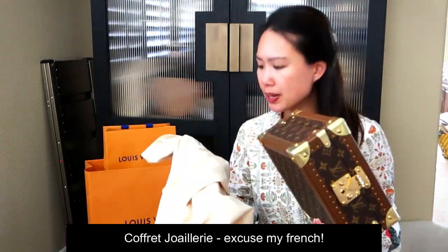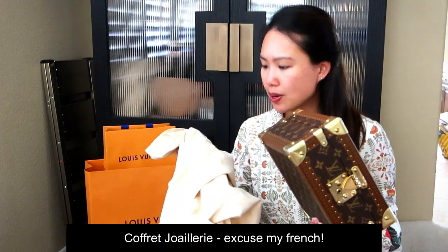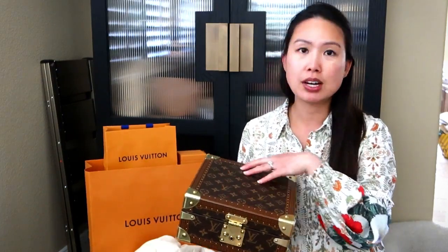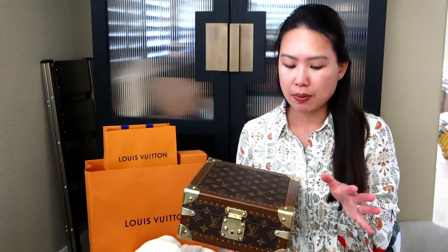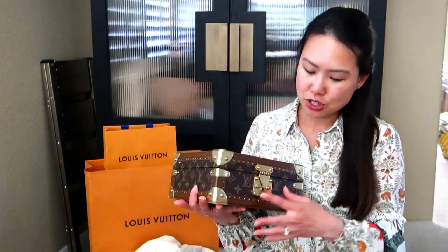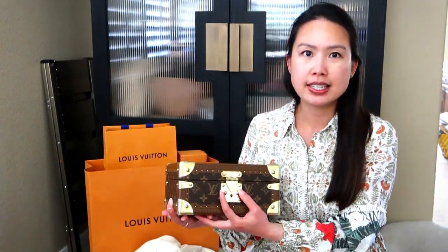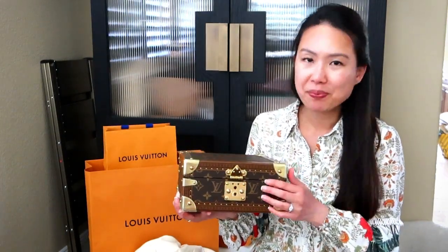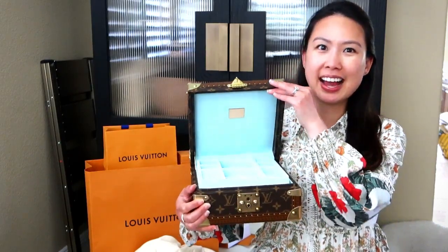So anyway, this one is called the Coffret Joaillier, and it is in the monogram canvas. They also come in different canvases. I think I've even seen leather ones too. But this one is not custom. You can customize it, but let me just show you what it looks like. To open it, you squeeze here and it pops open like so. You can lock it so that it won't do that, but